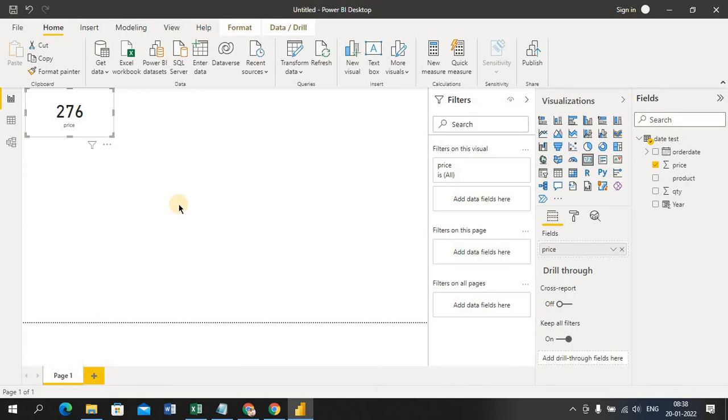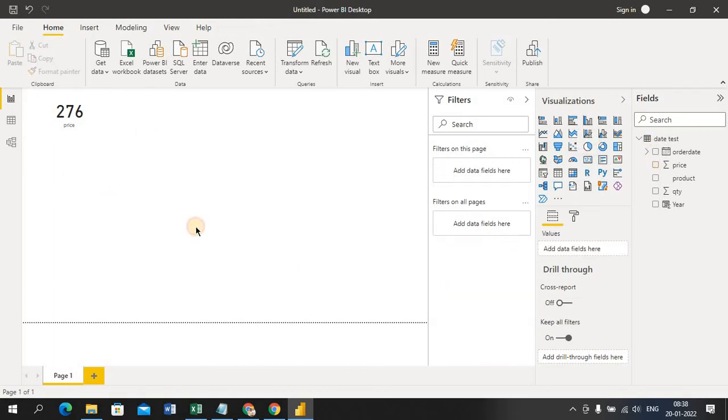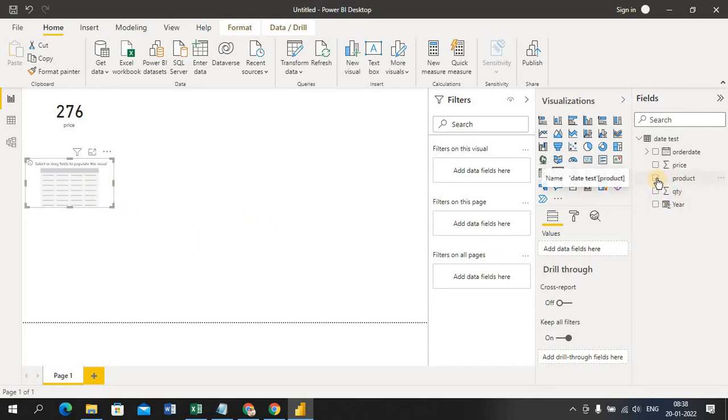Okay, now I'm going to use the table. Okay, this table, sorry. See, it was selecting here by default, like it was in current selection, I selected this, so the visualization got changed. So again I go back to settings. Okay, so whenever you are selecting any new visualization, it should be empty, so you have to click on this empty canvas so that you can go and select the other visualization. Okay, now I'm in another visualization. Now I'll see the product.